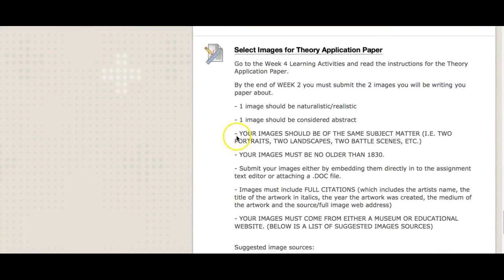Your images should also be of the same subject matter. So 2 portraits of ladies, 2 portraits of guys on horses, 2 landscapes, 2 battle scenes, 2 still lifes, 2 crucifixion scenes, whatever it might be. You really want to make sure that these images are of the same subject matter, because what we're going to